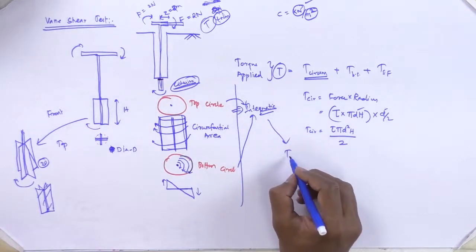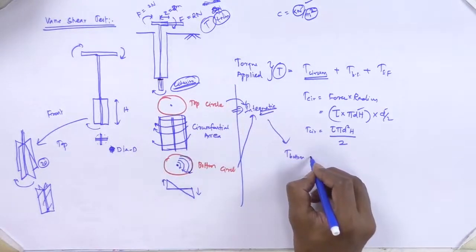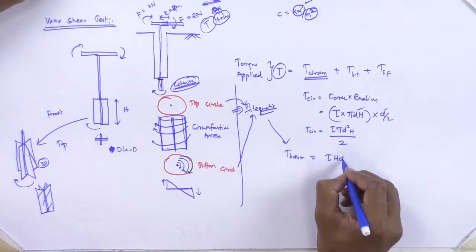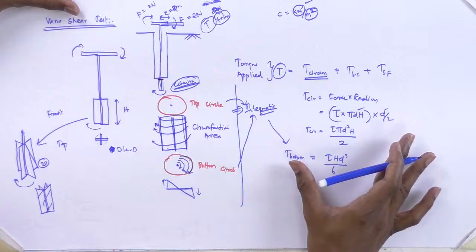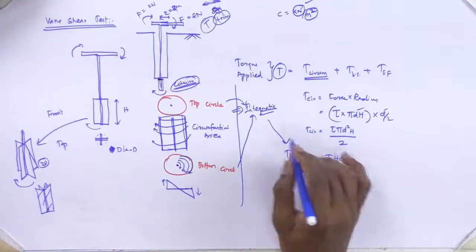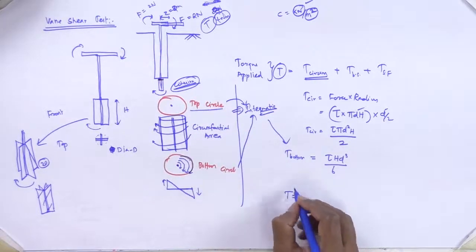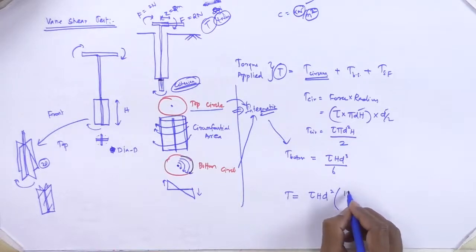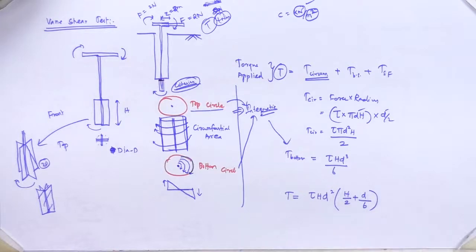For T top and bottom, let us consider the bottom only first, then multiply to get the top as well. You are going to need some integration, which I won't explain. This is tau d cube divided by 6, the final derived form. When the vanes are fully immersed, the top circle also comes in. So finally the torque applied is going to be equal to tau times d square h by 2 plus d cube by 6. That is one major equation